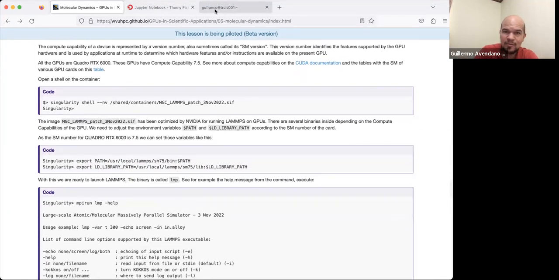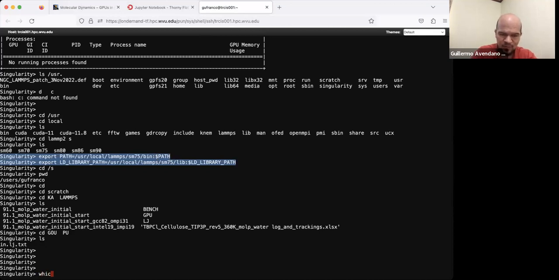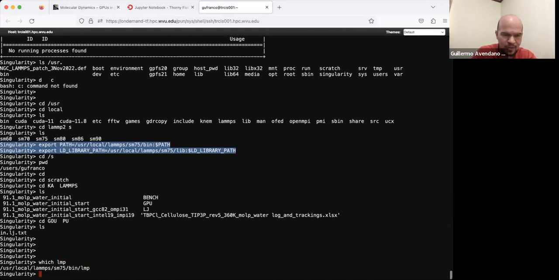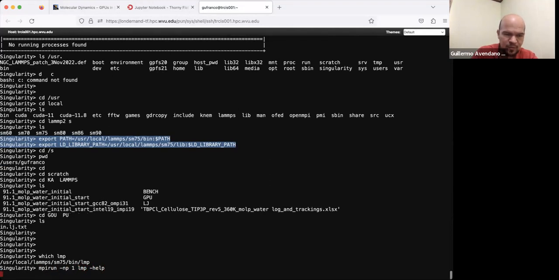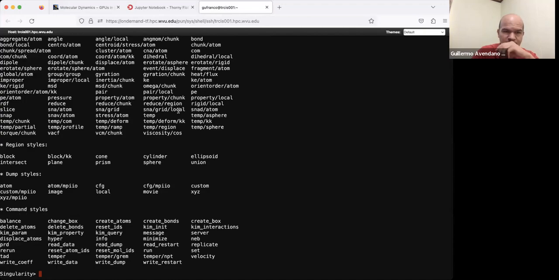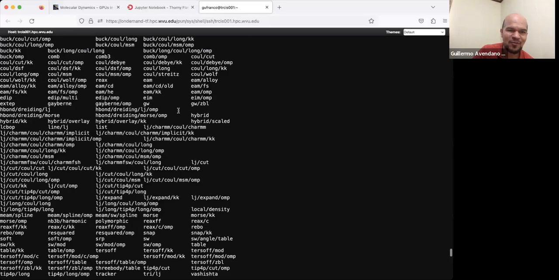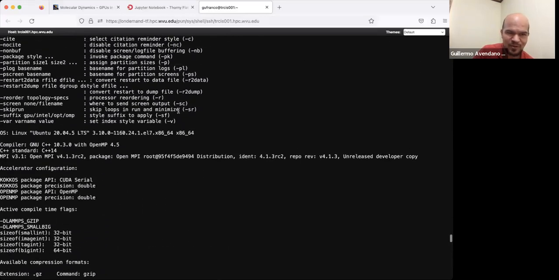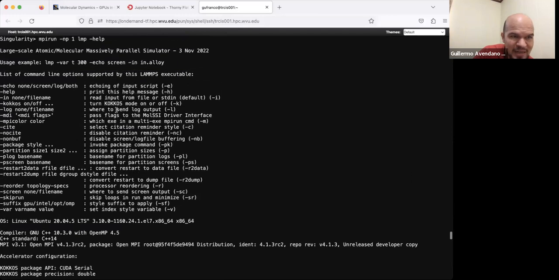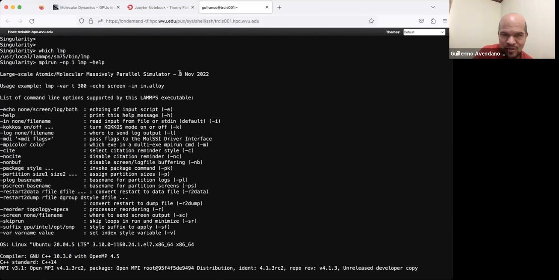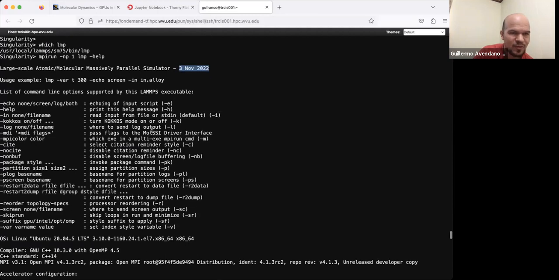So now we have LMP. LMP is there. If you ask for where is LMP, it's right there. And you can run LMP, whatever, LMP-help, for example, and you will see all the documentation, the summary of commands for LAMMPS for this code. And what matters here for us is that we are using this version here, which is not that old actually,